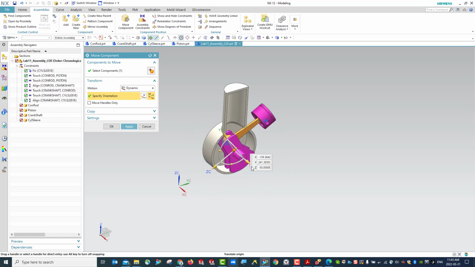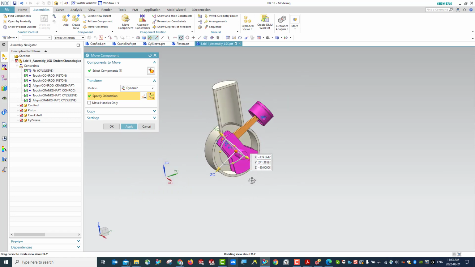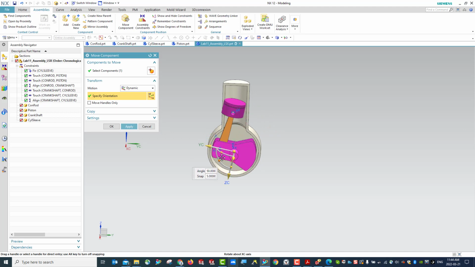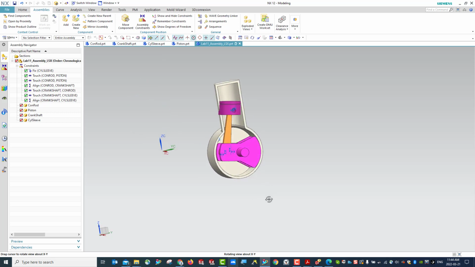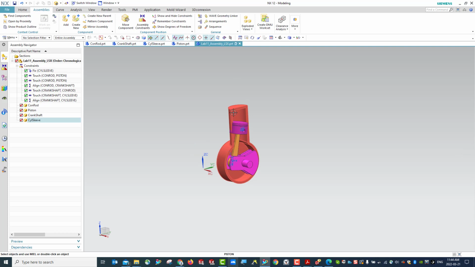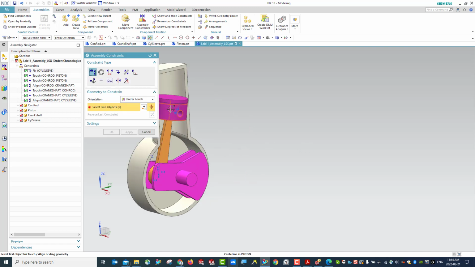Okay, so no other degree of freedom is being available. Okay, and let me rotate a little bit more. All right, okay. Now you can see I almost get everything in position, except the piston should be put inside the cylinder. Then what we can do, we can still use this one to use the center